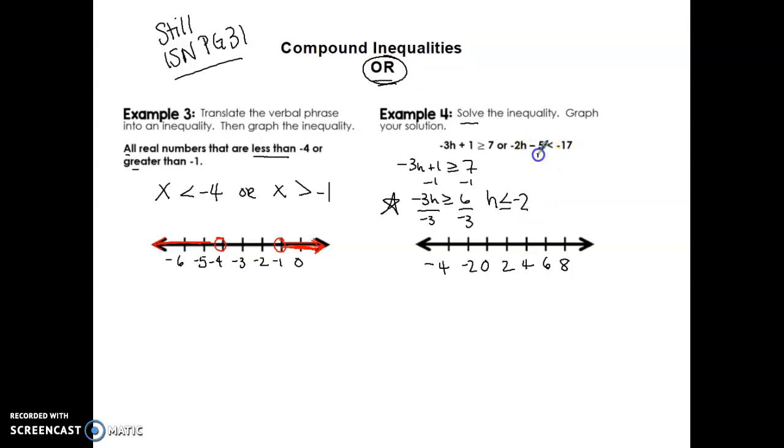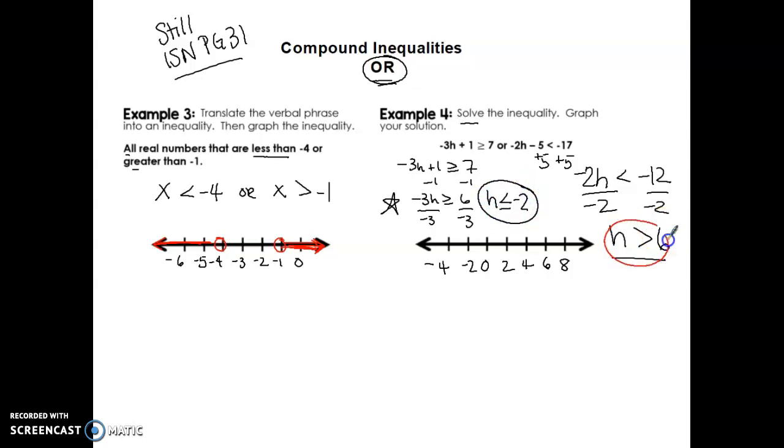When I solved the right-hand side by adding 5 to both sides, because it's a two-step inequality, I have -2h is going to be less than -12. Dividing by a negative number means that I had to switch this inequality, so h is actually going to be greater than 6. So now you're graphing h is less than or equal to -2, or h is greater